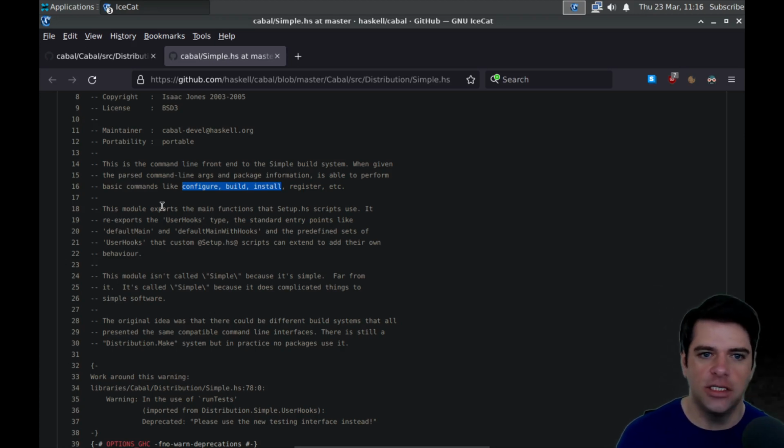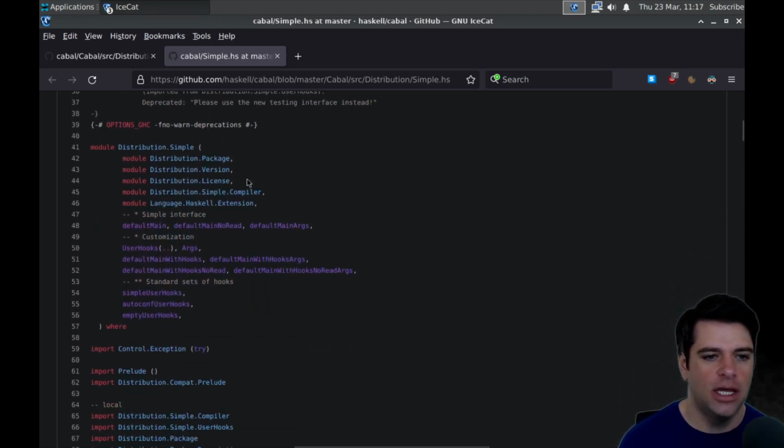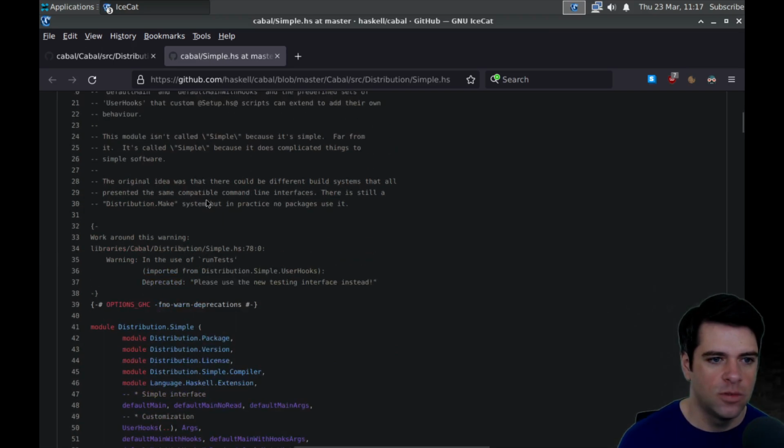It's ultimately going to call GHC, right? And so what do we expect it to do? We expect it to take all the graph stuff, maybe figure out the order that things need to be built in, and then pass that into GHC. And then I don't know how much information you can feed GHC and expect it to just keep churning. You might have to build one package at a time, or you might be able to pass in an entire plan to GHC and have it build all the sub packages and figure stuff out for you. So we'll see how it goes.